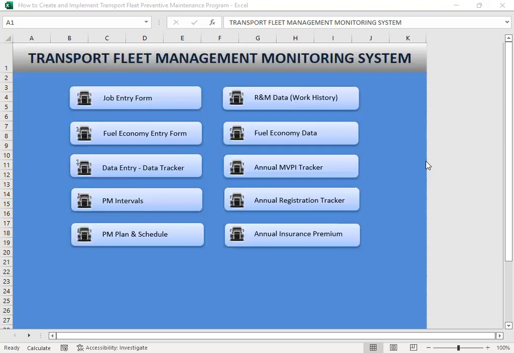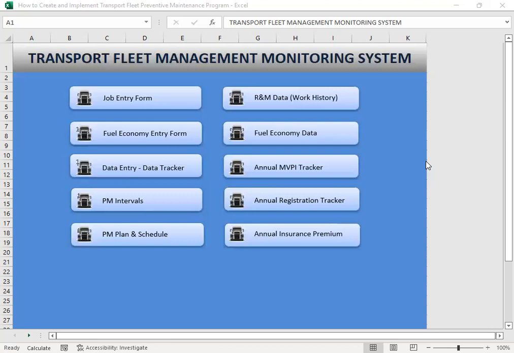These are huge assets like semi trucks, heavy duty trucks, and different types of trailers or rigs. So it's important that we maintain the records on fuel economy and the work history